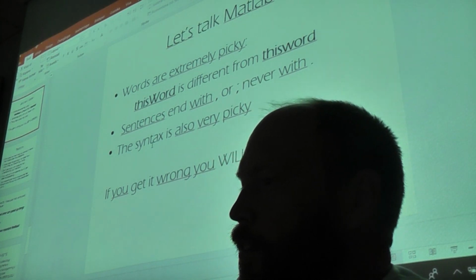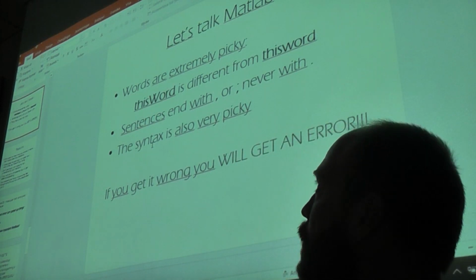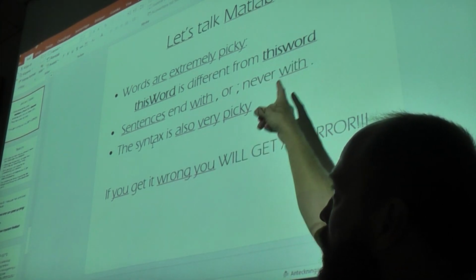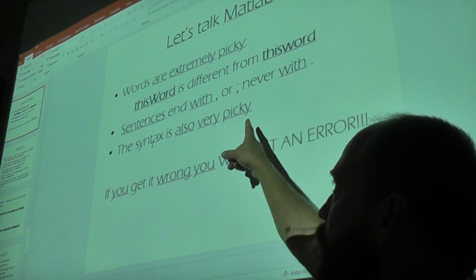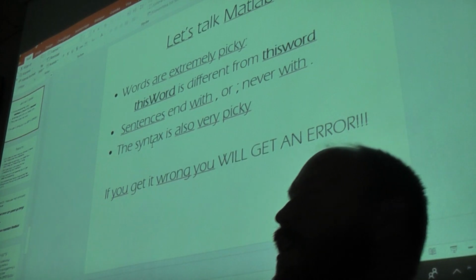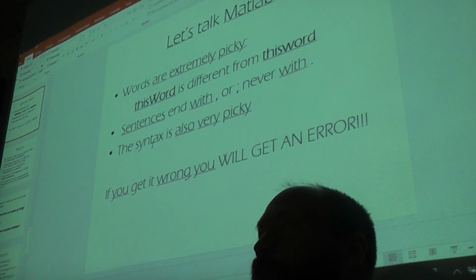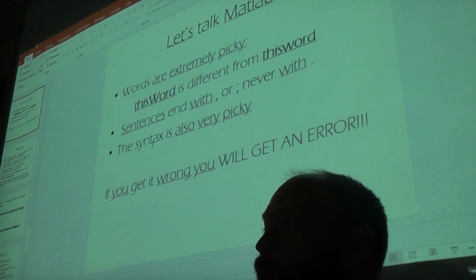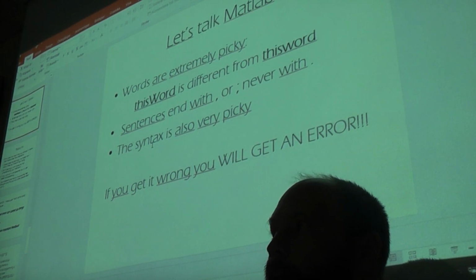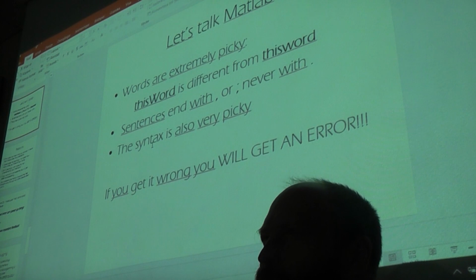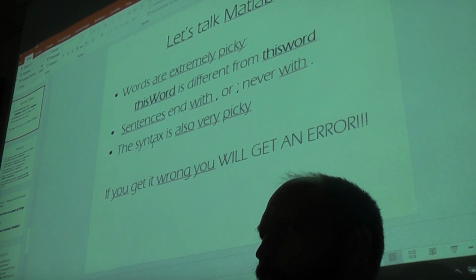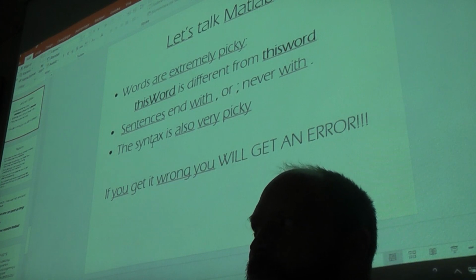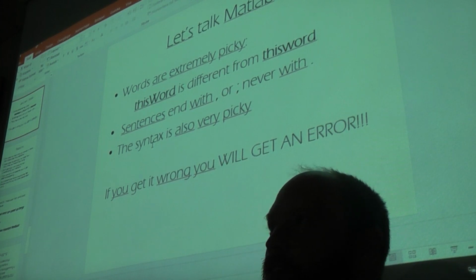Okay, and the other thing, apart from these two things, is that the syntax is also very picky. And what is syntax? Well, syntax is the order of things, order of commands. And sometimes you have to have a space at the right place, or the right number of parentheses, or kind of parentheses.